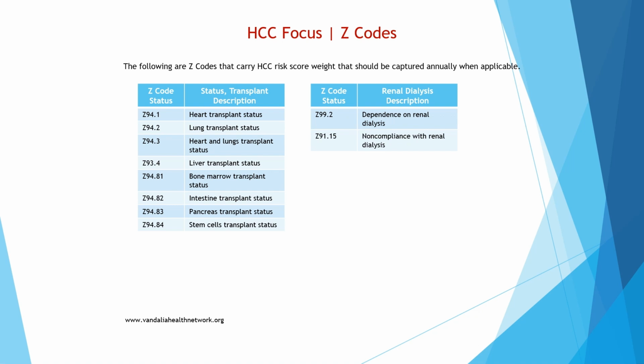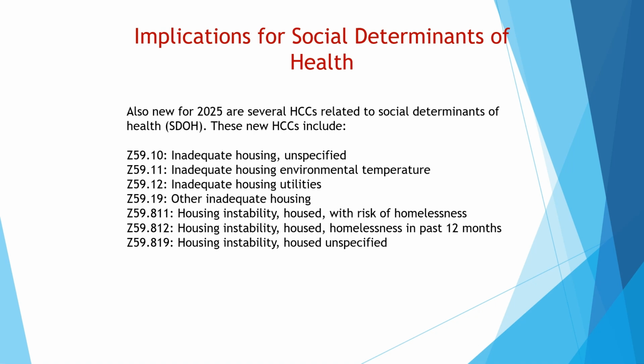For renal dialysis, Z code status is Z99.2. Description is dependence on renal dialysis. Z code status is Z91.15. Description is noncompliance with renal dialysis. Implications for social determinants of health. Also new for 2025 are several HCCs related to social determinants of health, SDOH. These new HCCs include